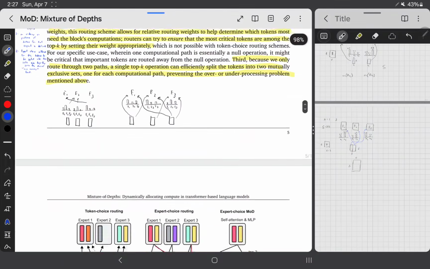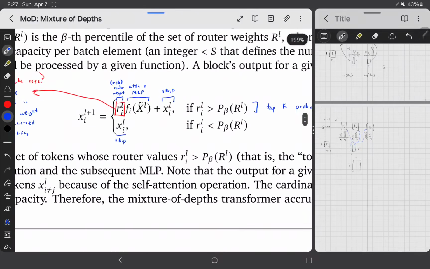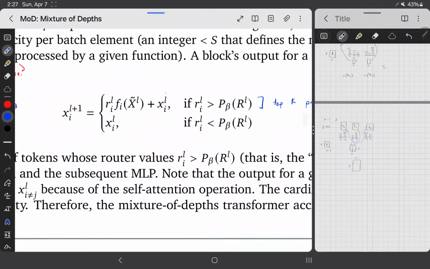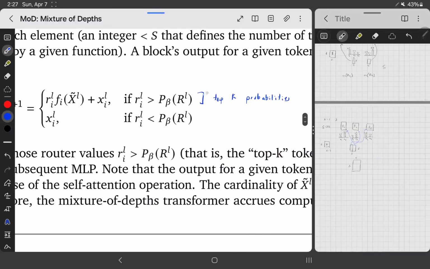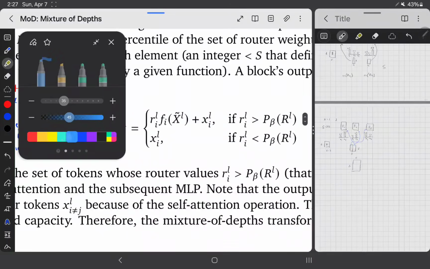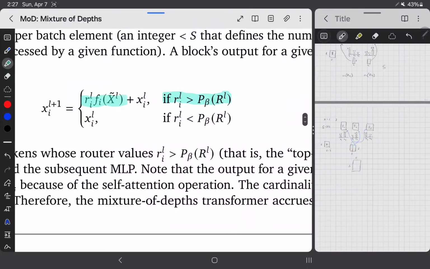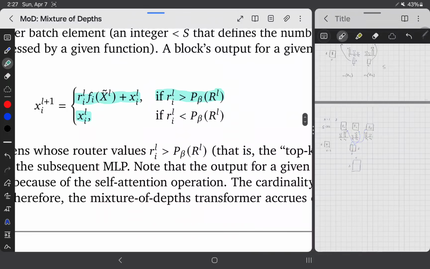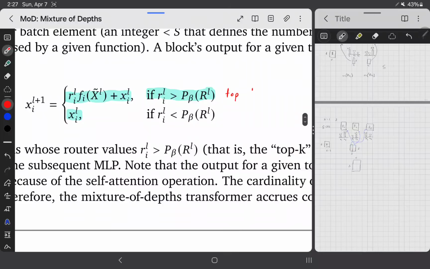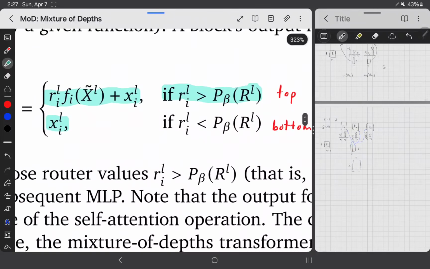Now, they define down here how that's done, and there's a very important note to make. I'll erase this. So at every layer, you have this selection. So X, you basically have your router, and it chooses the top K. And if the token is in the top K selections, then it goes through this transformation. And if it's not, it's sent through the identity. So this is the top K, and I guess this is the bottom S minus K. And this transformation here